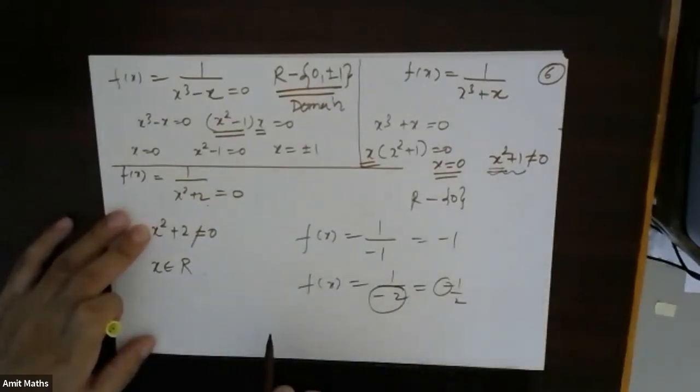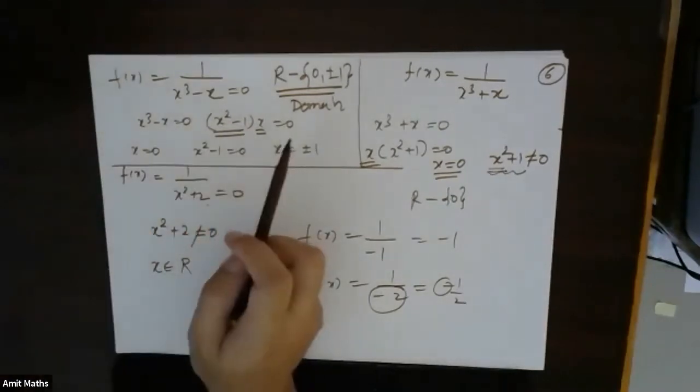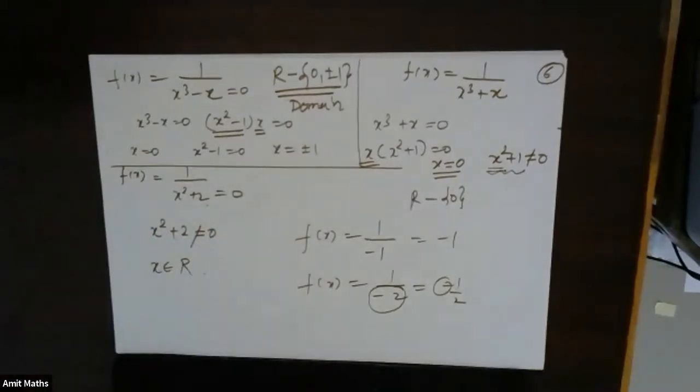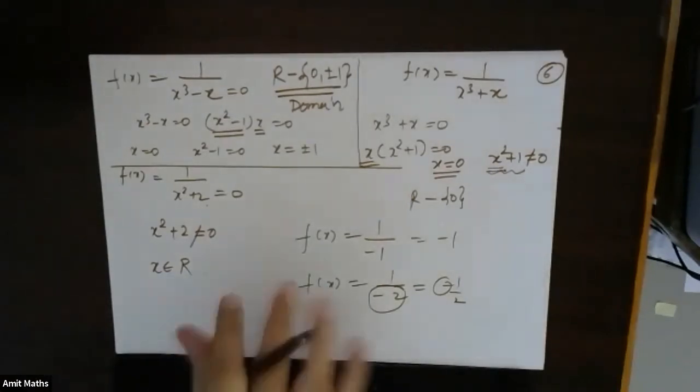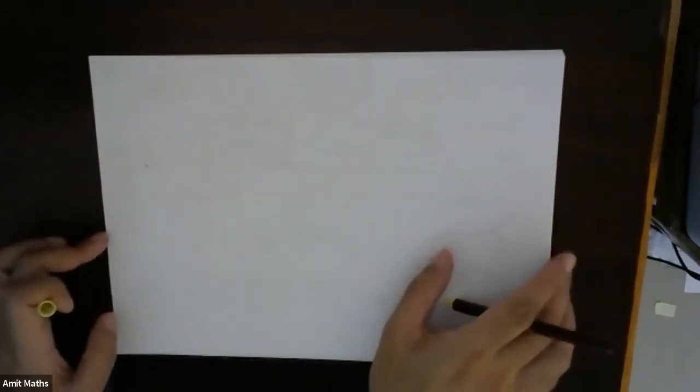We are only bothered about the denominator not being 0. If the denominator is 0, then we have a problem. Okay, fine. So after this, we will see one method in which we can find out